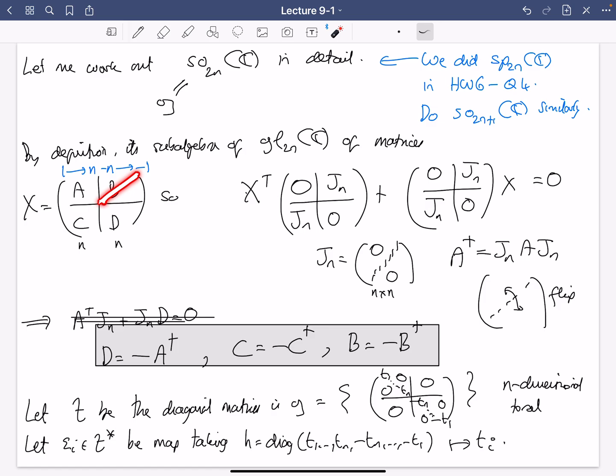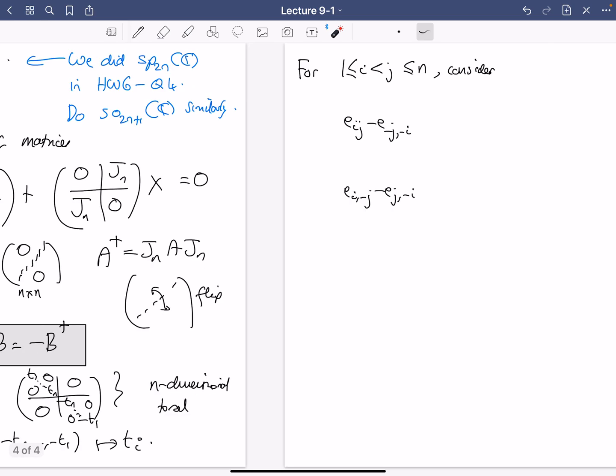Remember, B is anti-symmetric in this diagonal. These give you the matrix units in the top left of that B matrix, together with the mirror image that you have to have down there in the bottom left, right? So i is less than j, so that's i, and then minus j. It's exactly those entries of B. So those matrices together give us kind of half of a basis for G.